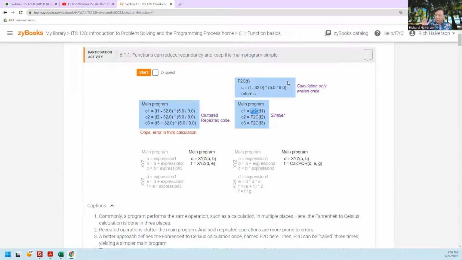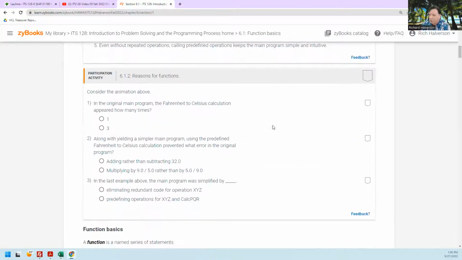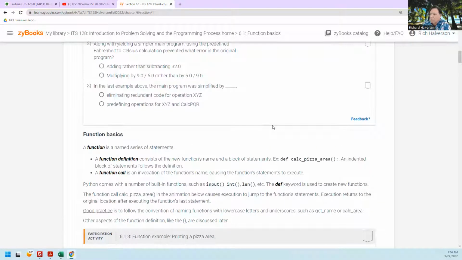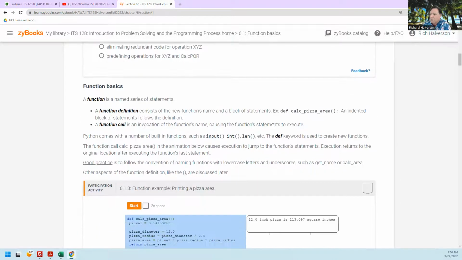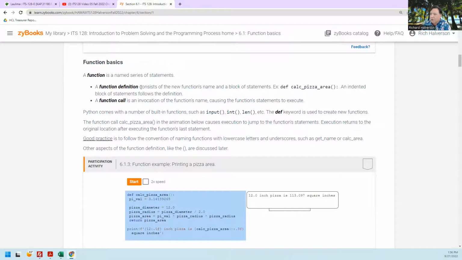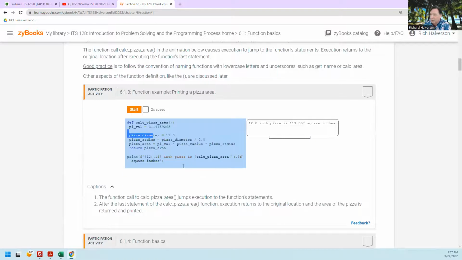If there's some code that's the same or similar in multiple places, you can make a function out of it. Make sure you understand this. A function definition consists of the new function's name and the block of statements. So you start out with this def word, and then like this, here you're going to calculate the pizza. So the function is called